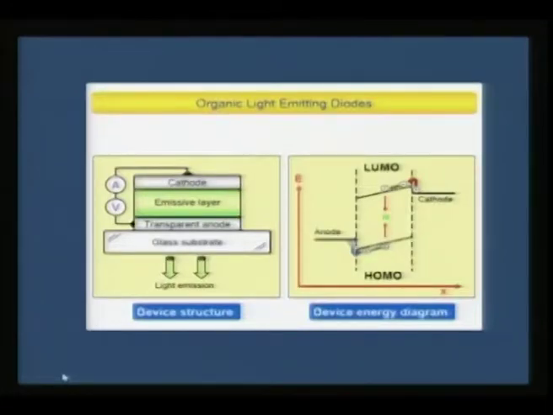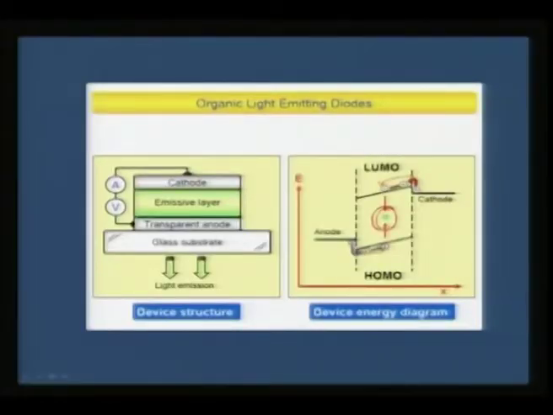So what is important here is how these holes can easily come to the emissive layer, and how the electrons can come to the emissive layer, and thereby they form the excitonic pair which can release a photon here. So the number of holes that you generate, the speed with which the holes travel, the number of electrons you generate, and the speed with which the electrons move, all are important in order to harvest the desired light at the emissive layer, which forms the fundamental principle for organic light emitting diode.